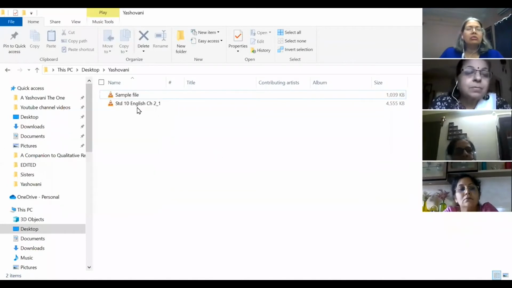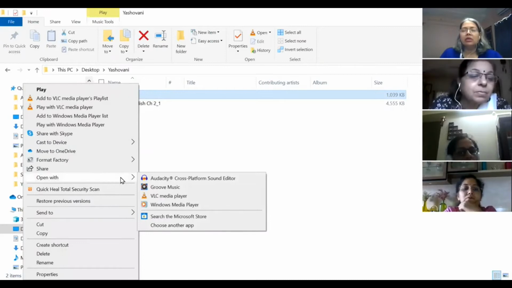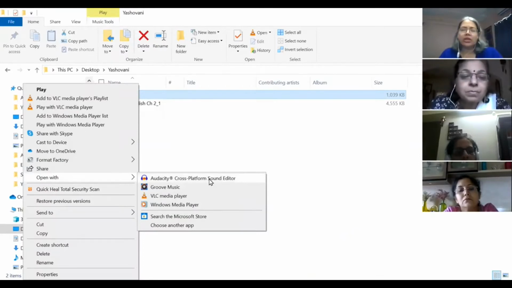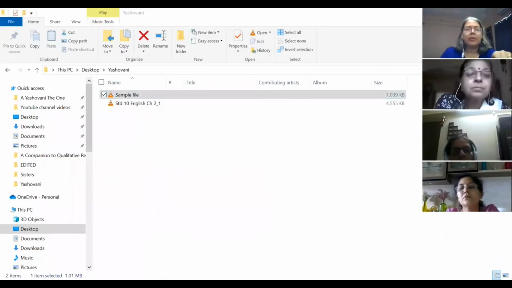If I double click it, it will only play but not open in Audacity. So I right click it and say open with Audacity, the very first option. All these other options I don't want just now, I want the Audacity option. So I left click on that. Right click on the file, open with, and Audacity.